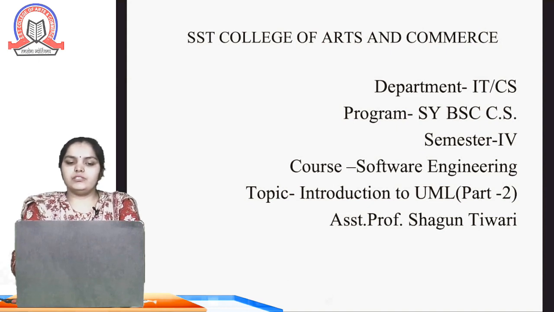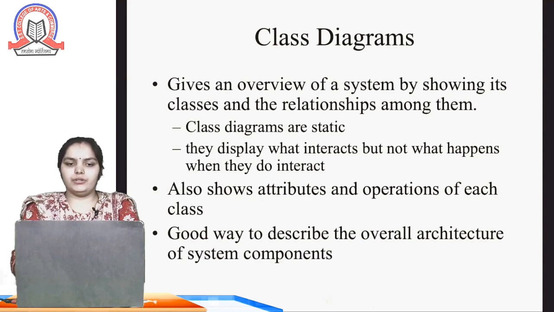In this video we are going to discuss Introduction to UML Diagrams Part 2. Part 1 we already recorded in the last video. So today we'll start with the class diagram. Here the class diagram gives the relationship between the classes which are present in your project. So n number of classes can be there. It basically represents how they are related with each other and how the communication is done between the different